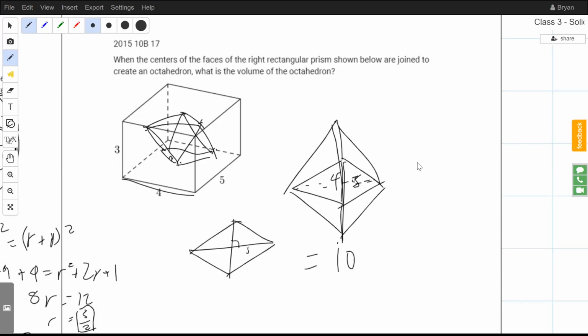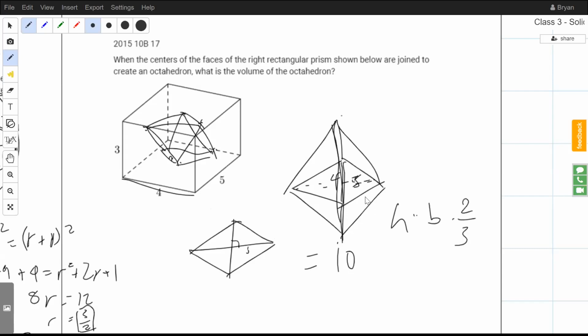So now what we want to find is the volume of the octahedron, right? Actually, did I miss something here? No, I didn't. Okay. The volume of the octahedron is just going to be the height times this height times the base times,